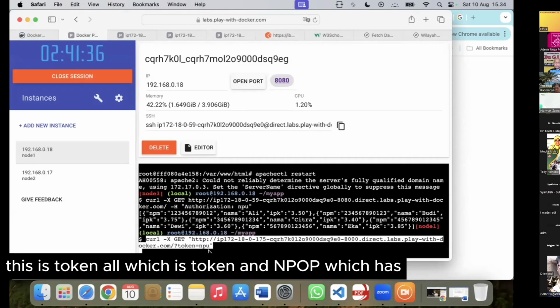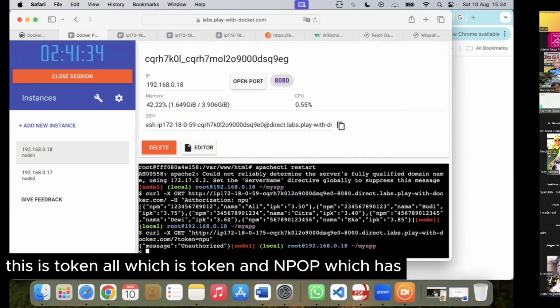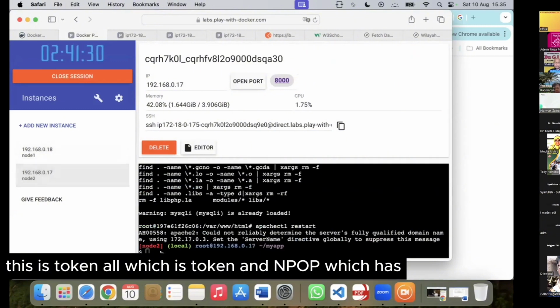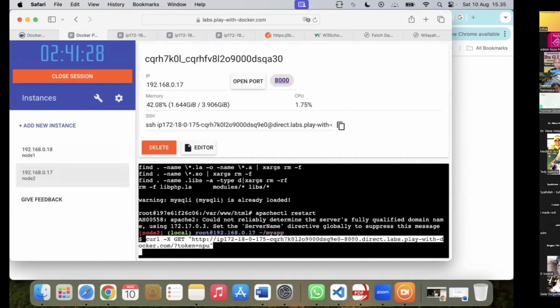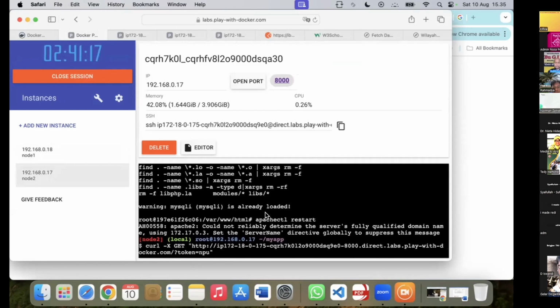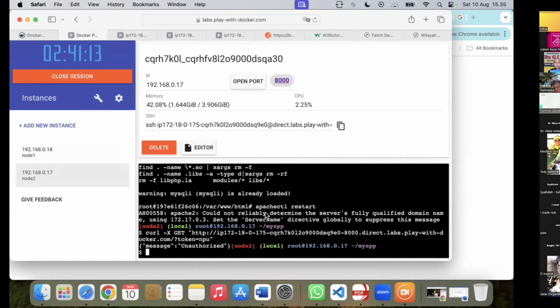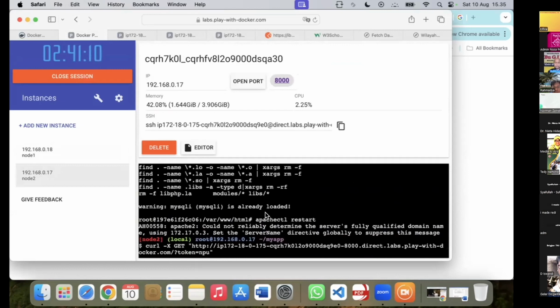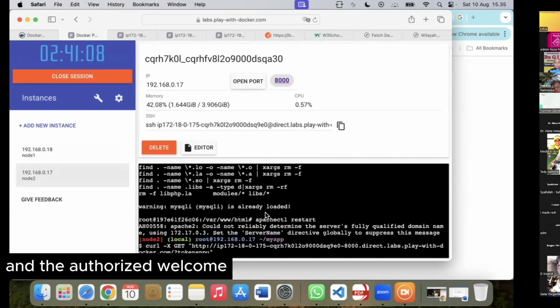This is the token. We just use the token and NPU. Because if we don't use it, sorry, no, this is not it. Unauthorized token.